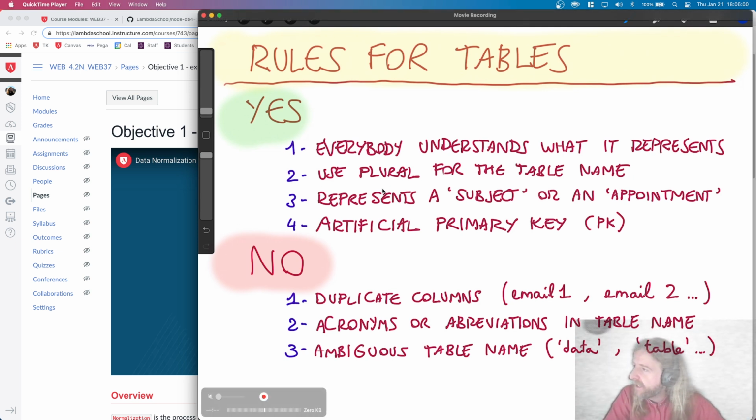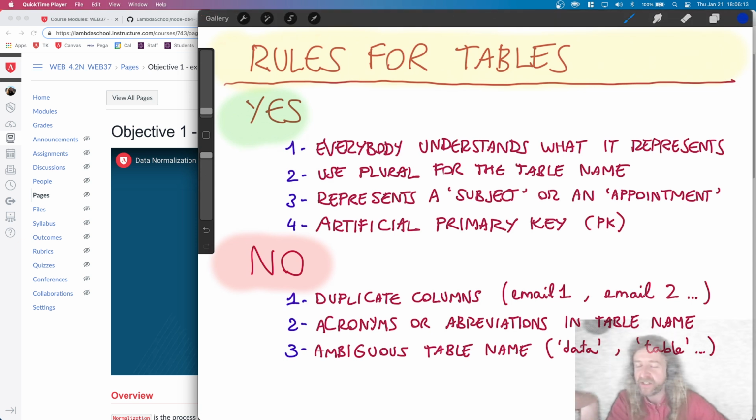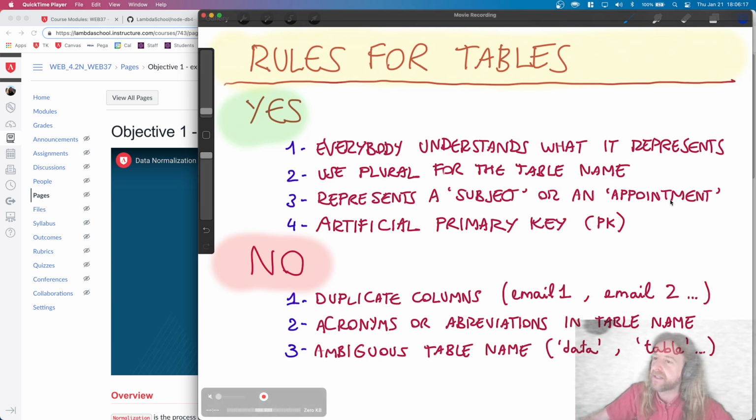Number 3, the table represents a subject or an appointment. Those records inside the table are not super abstract entities. They really describe a thing or an appointment. Keep that in mind. And rule number 4, and this one is very important, rule of thumb number 4 in the yes department,